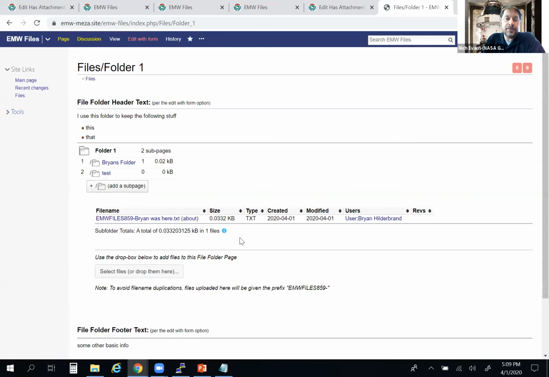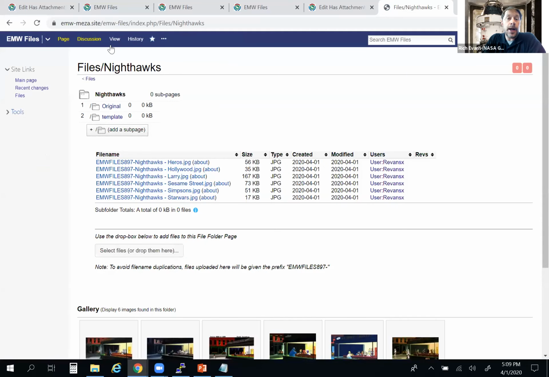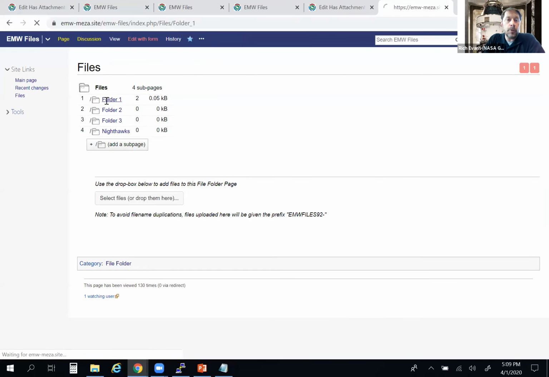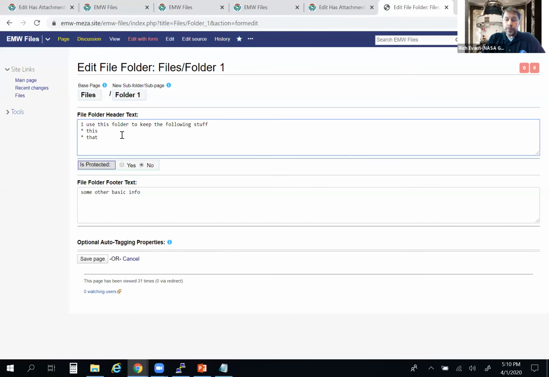So it's basically just a class that I created. Now with the header text and the footer text, it allows users to annotate what the folder is for. So if I wanted to, I could go to my files and say the Nighthawks. I can copy the files /Nighthawks, go back to my folder list, go to folder 1, and I can edit folder 1 with form and say down here, if you're